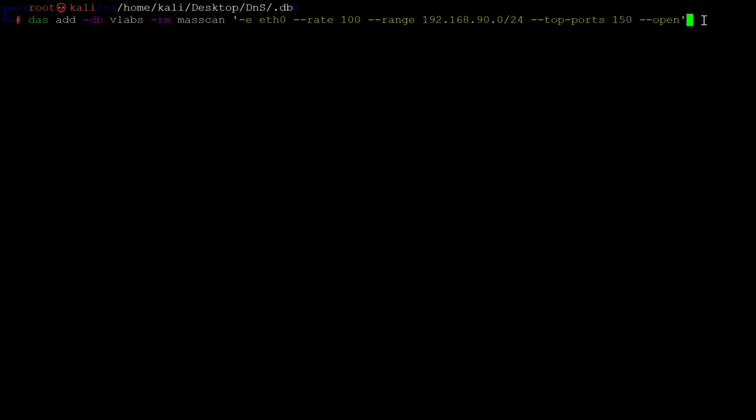If you want, you can give top ports 150. You can give top ports 100 also. Or if you want to specifically do a full-fledged port scan, say for example 65535, or 49157, or till wherever you wish to, you can do that. You can give the port range like this also. You can also give specific ports, if you are searching for specific ports in the subnet. So this is one option that I forgot to mention, sorry about that, but yes, it is useful.